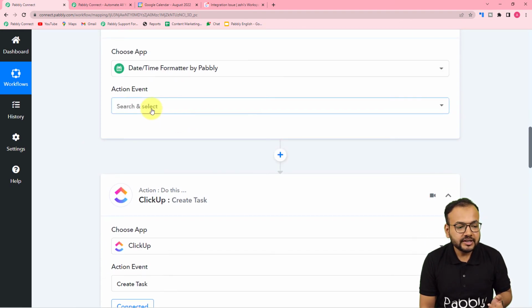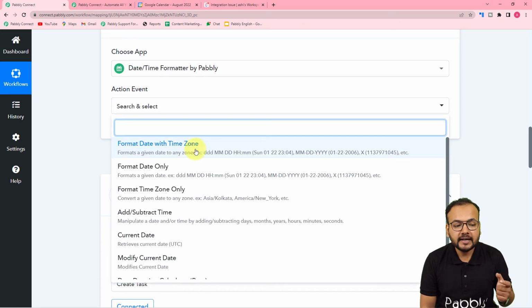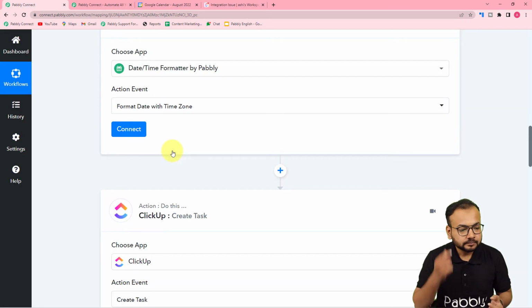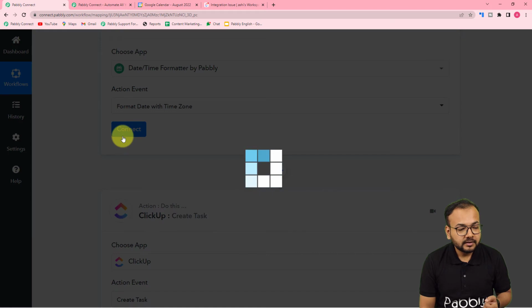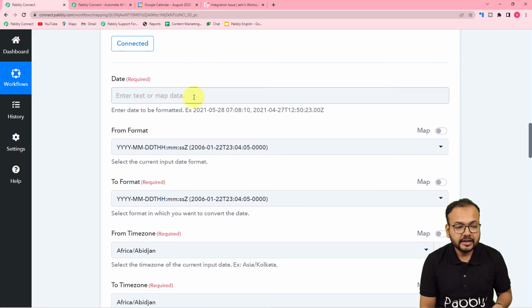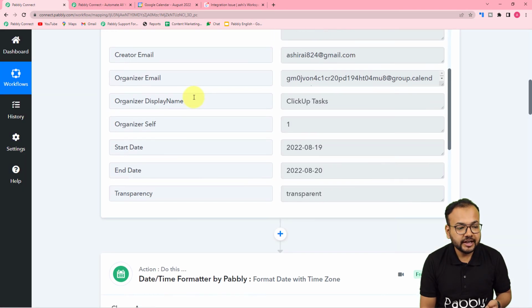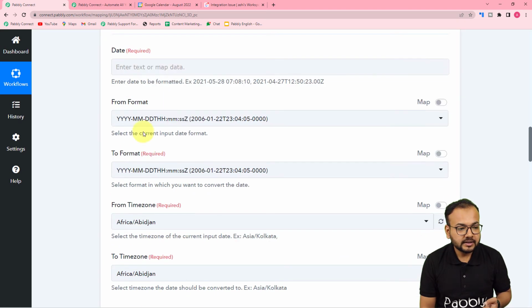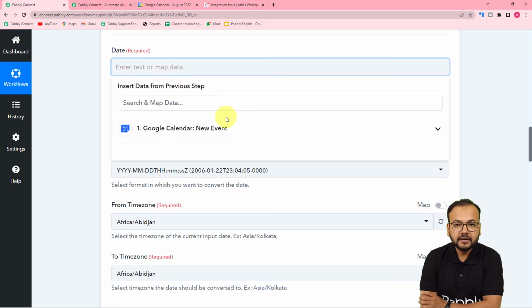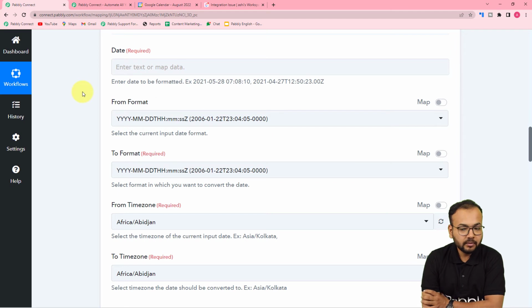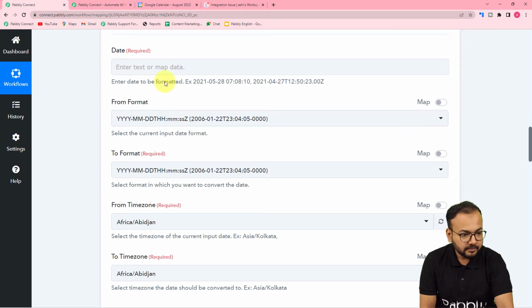So I'm going to use the action event now as format date with time zone. Okay. And I'm going to click on connect. And here it is asking for the dates. So first of all, let's change the format of the start date. And so for that, you have to map the date here in this date field. Just click here and it will show the previous step in the drop down. So from here only, you can map the date